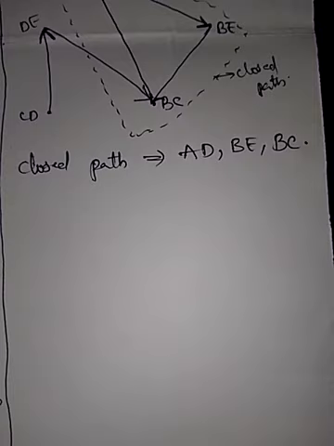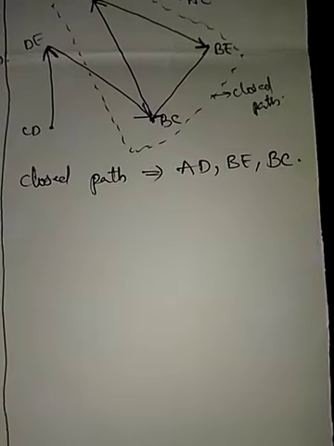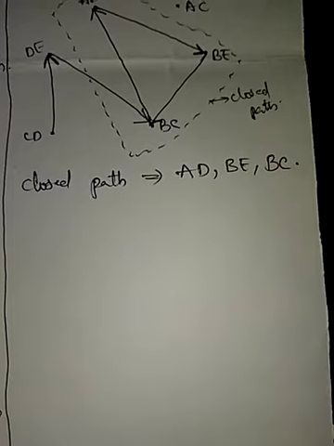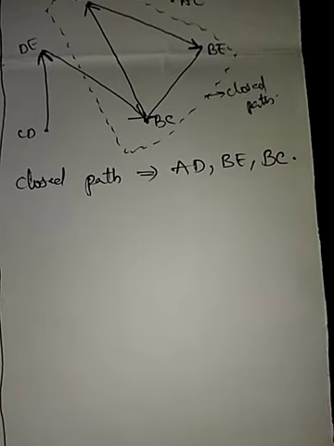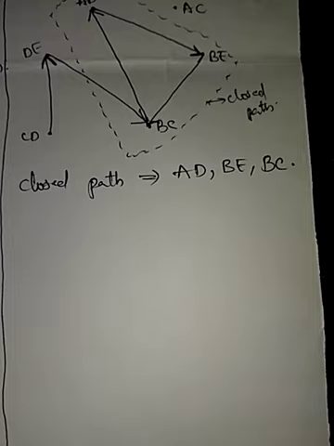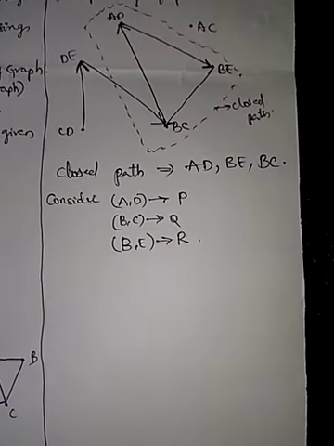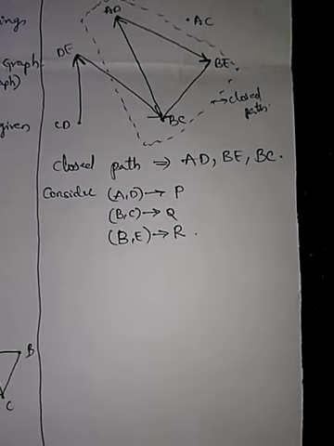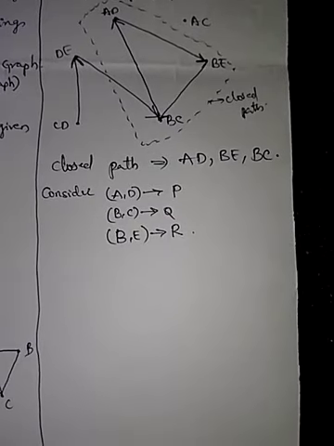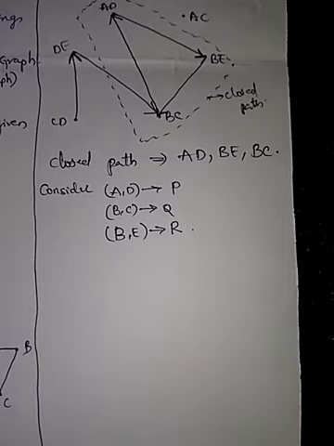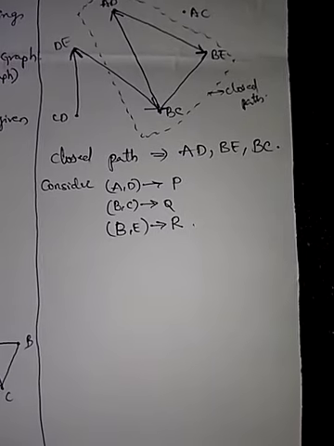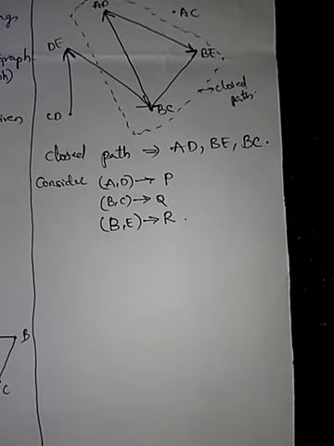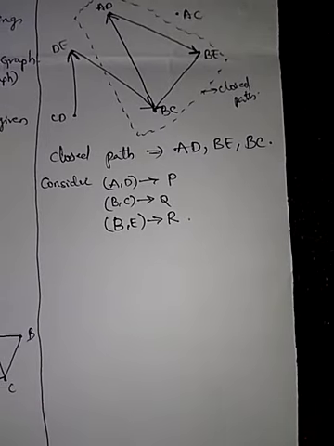Okay, then how to write the final table, right. Now consider these 3, that means AD, BE, BC, as some other names, as PQR, whatever it may be, or XYZ. Consider them as PQR or XYZ. Okay, so I considered AD as P, BC as Q, BE as R. That's your wish. You can decide BE as P, BC as Q, AD as R. There is no rule to consider this as this, that as that. You can consider any one of these as P, any one as Q, any one as R. Now how to verify this or how to write this final table?